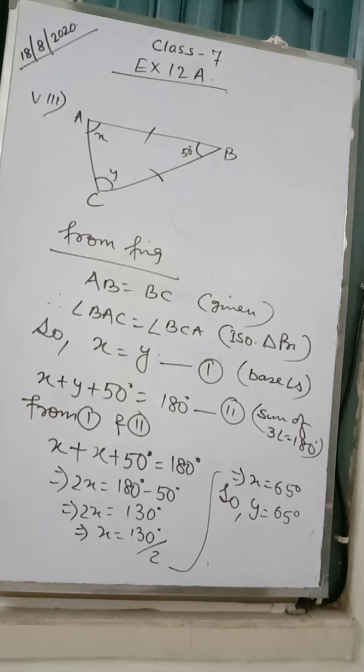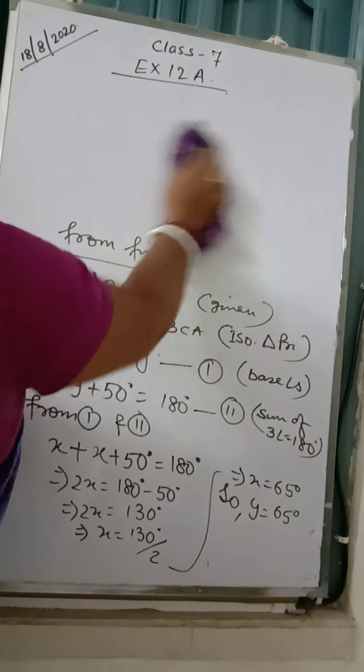Similarly, you can see question number 9. Here AB and AC is equal. So X would be equal to 70 degree, because this is a base angle. If X is 70 degree and angle B is 70 degree, what would be the angle Y? You can find it well, I feel. So number 9 you have to do. Then look at question number 10 again. I'm dropping number 8. Now look at question number 10.